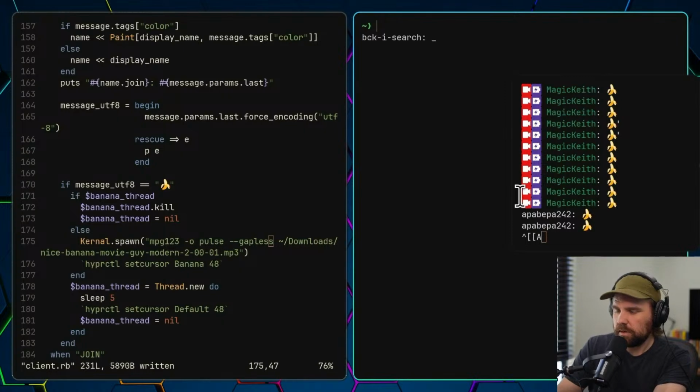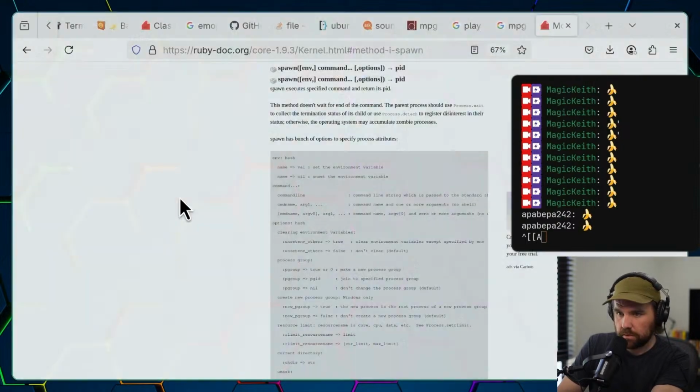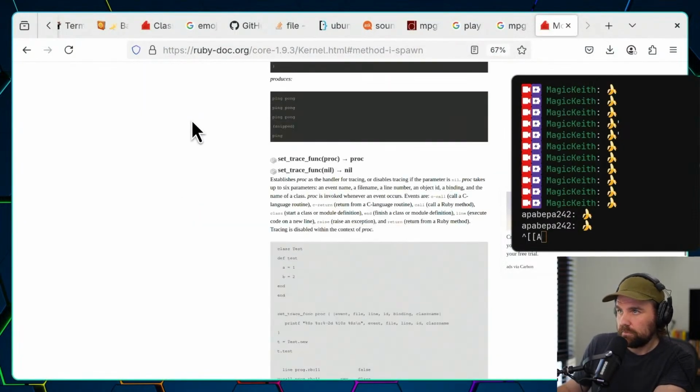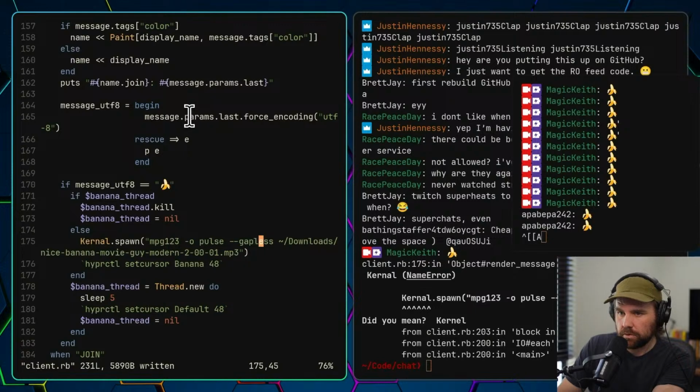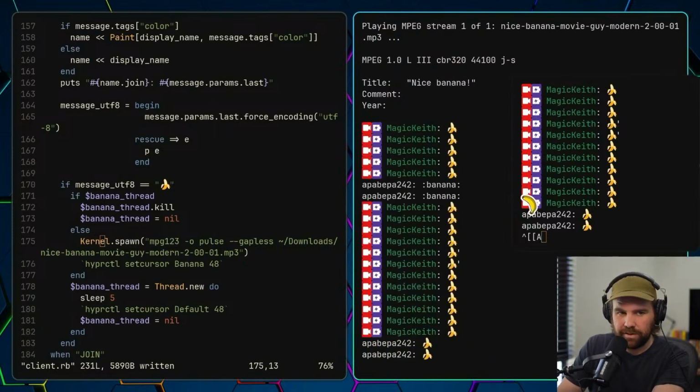Let's try the client. Oops. Kernel. Whoops. Did I? Kernel is what I wanted. Nice banana.